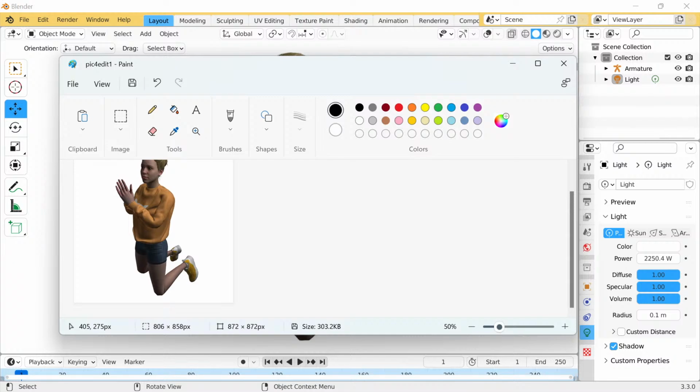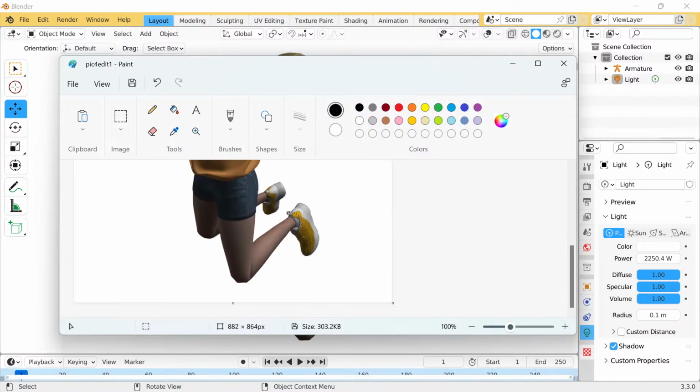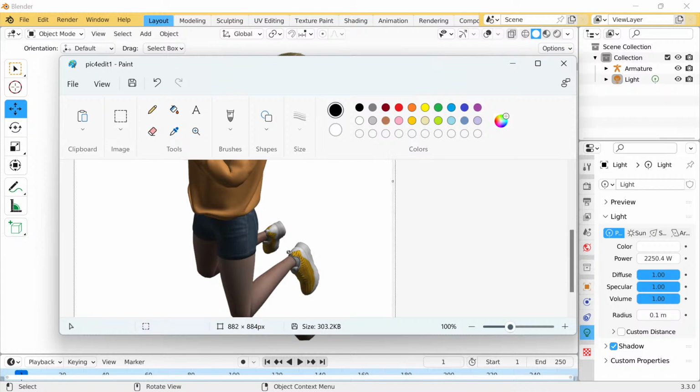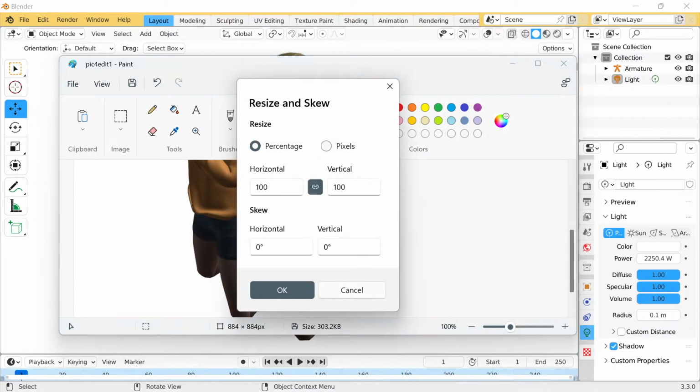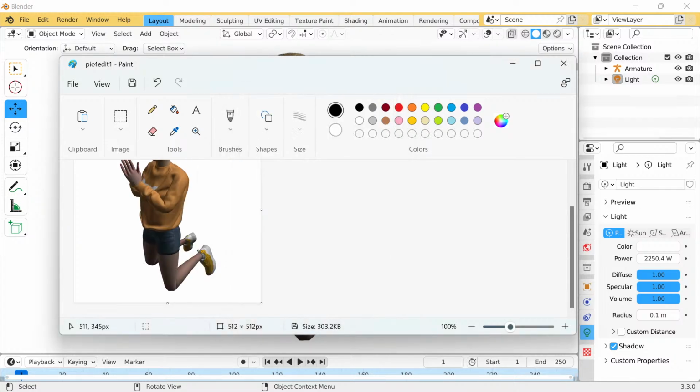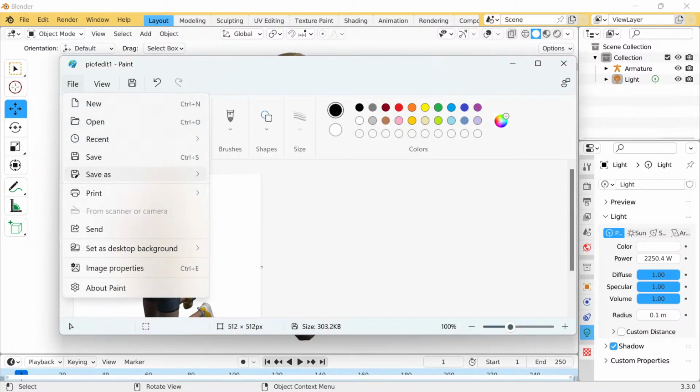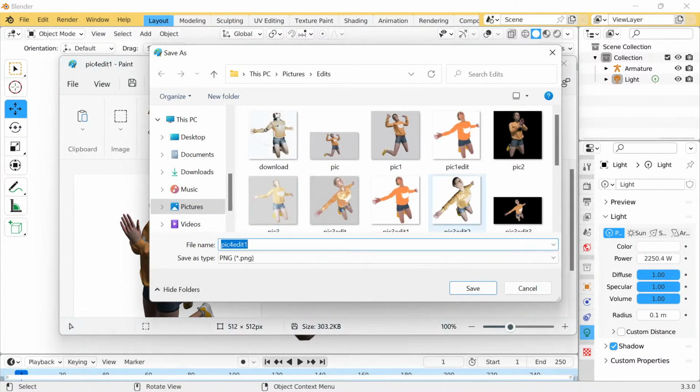Maybe like right there. That's not bad. And let me scale it up a little bit more. Hold on. There we go. And now I'm gonna change the resolution down to 512. Okay. Boom. So now we're gonna take that, save as, and make it